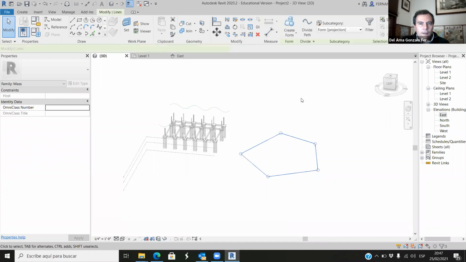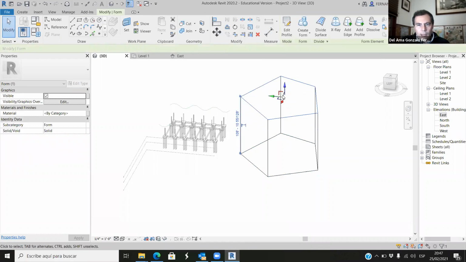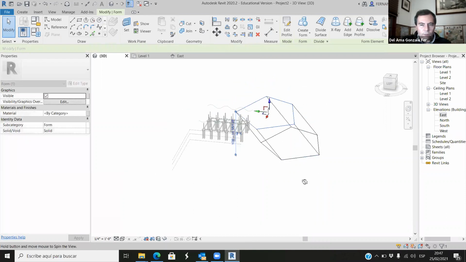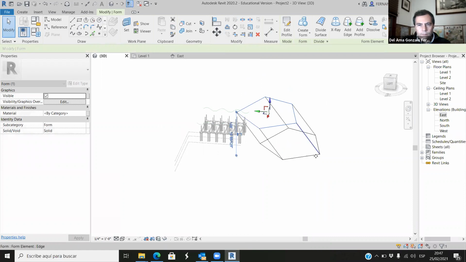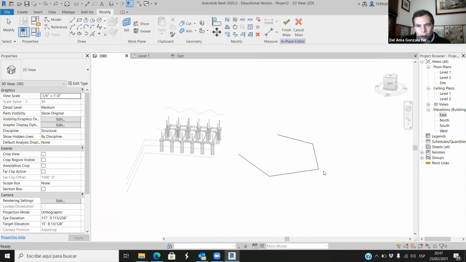We select all these. We create a solid form. And now we have an element again. And we can twist this and we can do whatever we feel like. Okay. But the most important thing is to understand where we are. Because